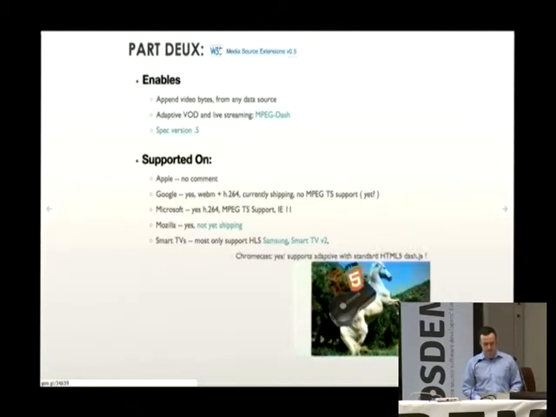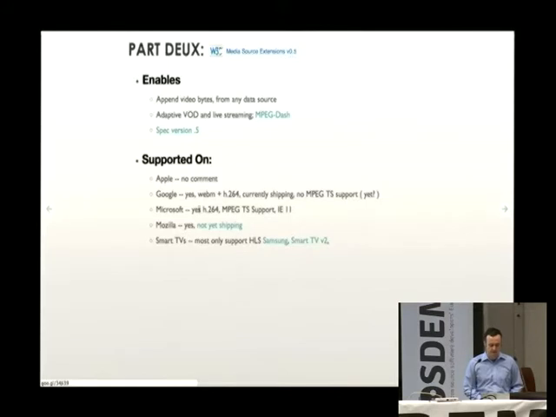And then, so whoops, we're going over the list of items here. We have Apple not really keen on supporting it. They have their own sort of HLS standard that they more or less are committed to. Google was a first-class supporter of it. Microsoft as well supports it very well, in IE11 anyway. And Mozilla also plans to support it, but not quite there yet.